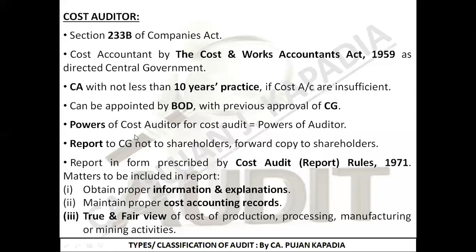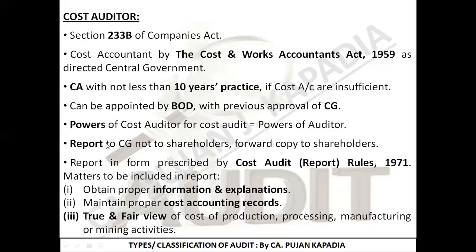So basically I am going to submit my report to the central government, but at the same time I will be forwarding a copy of my report, that is my cost audit report, to whom? To the shareholders. So who is the parent body? Central government. Who is appointing me? Board of directors. And shareholders are not having any role in this particular part,